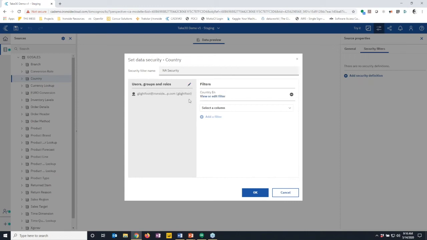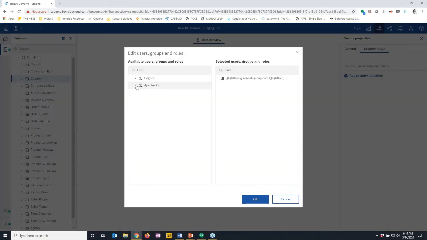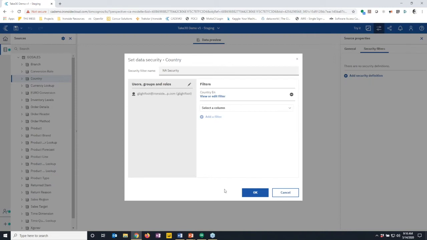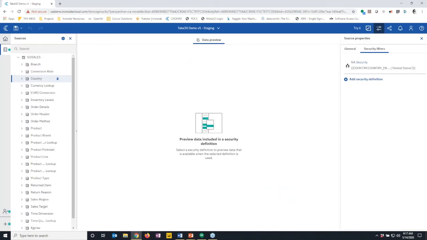Just to demonstrate, typically in a real world scenario, we would probably have groups where we added people so that we wouldn't have to go in and modify these groups each time. But just for simplicity's sake, I'm going to go ahead and just add myself. All right, and with that, I'm going to just try it out